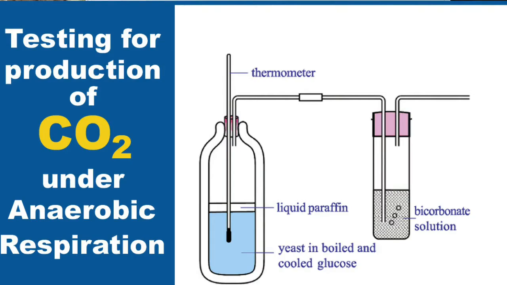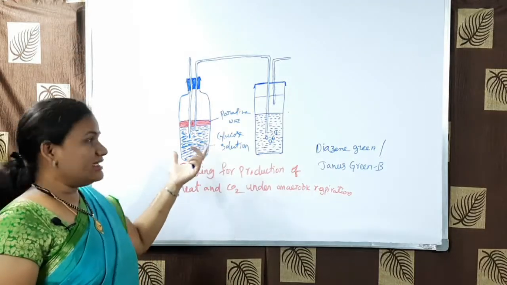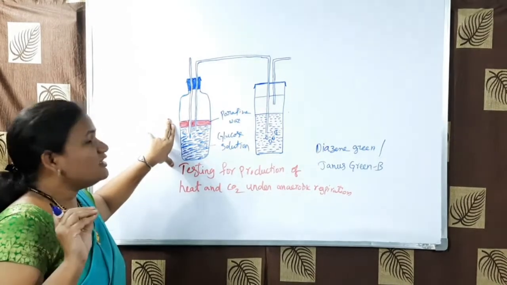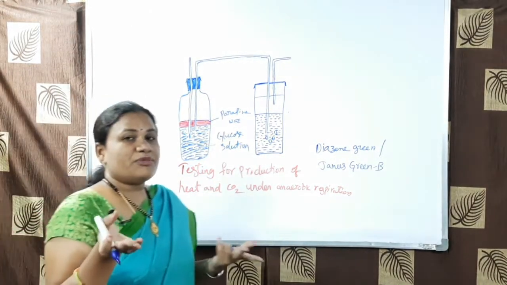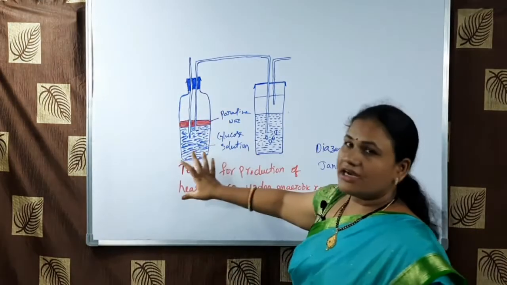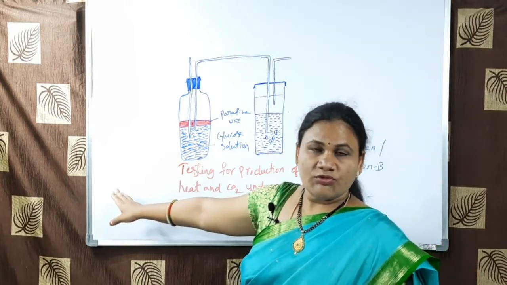Insert a thermometer and a U-shaped tube, and at the other end take a test tube with lime water. The setup will be like this. Arrange it like this. So by seeing this, what can you conclude? What will you understand? Here we took glucose solution without oxygen. Later we added yeast. That means yeast will grow very fast in the glucose solution. Yeast performs anaerobic respiration, and moreover we arranged the conditions in such a manner by removing oxygen.